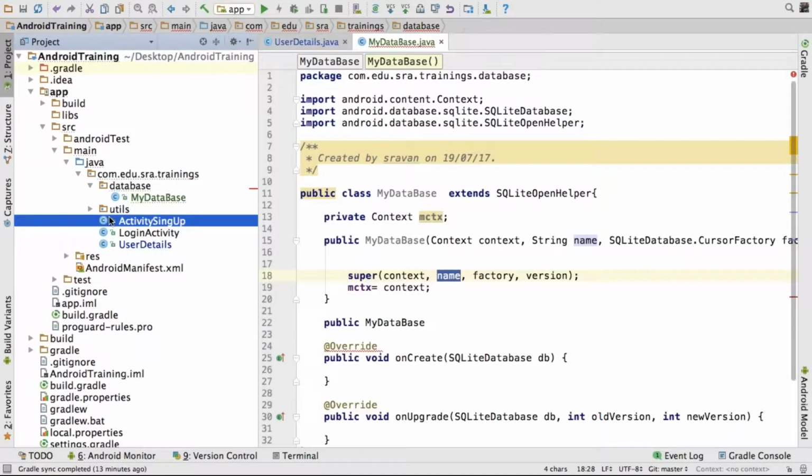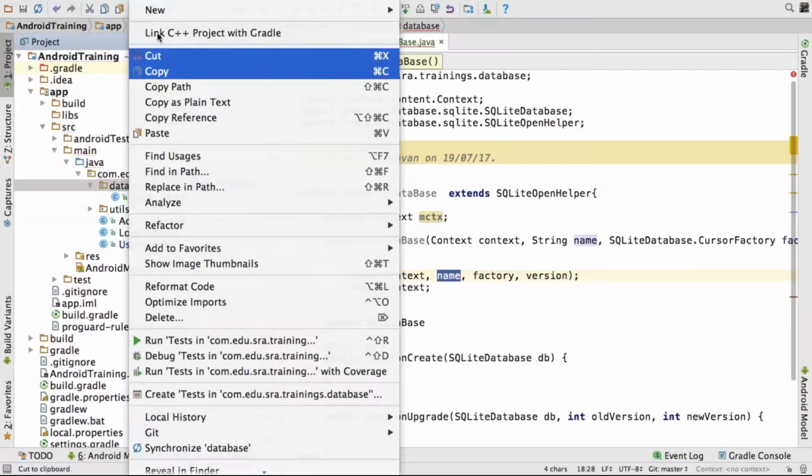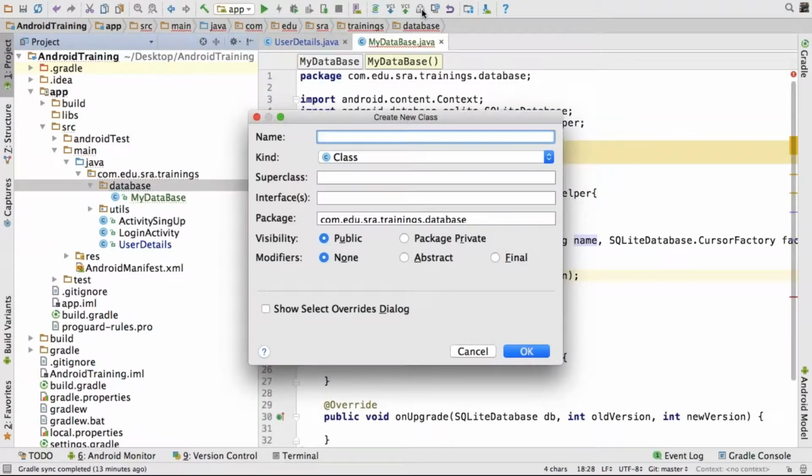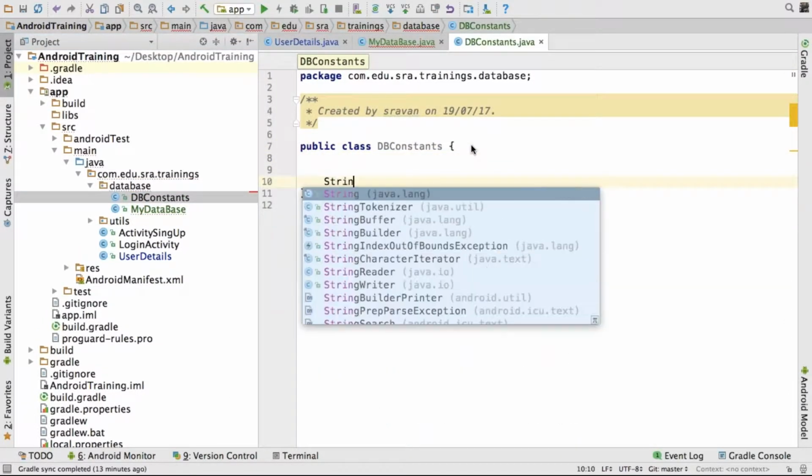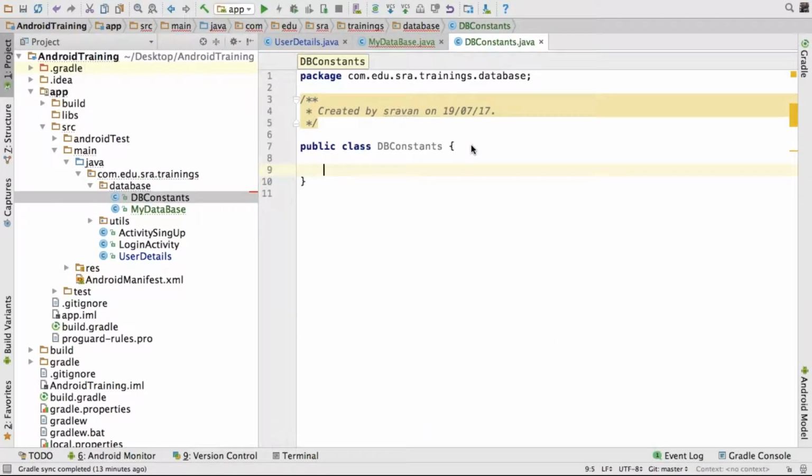So now in utils, in DB itself, right click, new Java class, DBConstants. Now, static final string DB name, which means your database name.